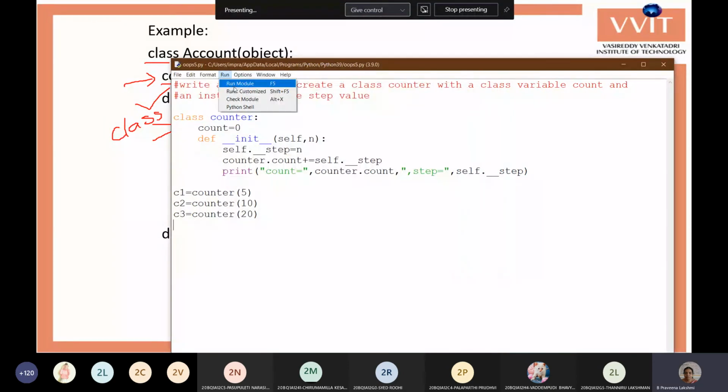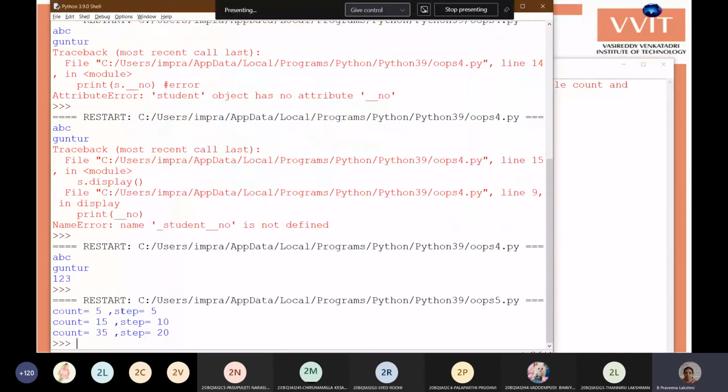Run the program. Okay, so the count value is initially 0, 0 plus 5 is 5, and the step value is 5. Then for the second object, the count value becomes 15 because 5 plus 10, where the step value is 10.